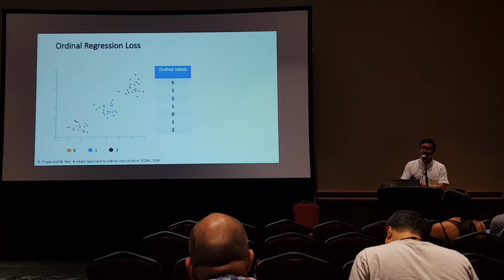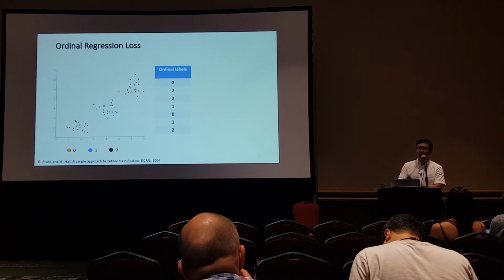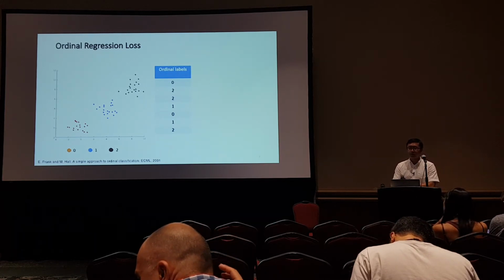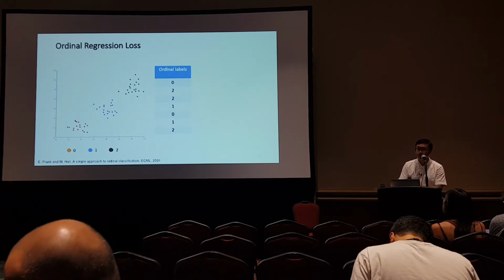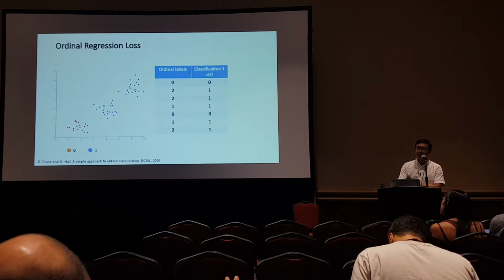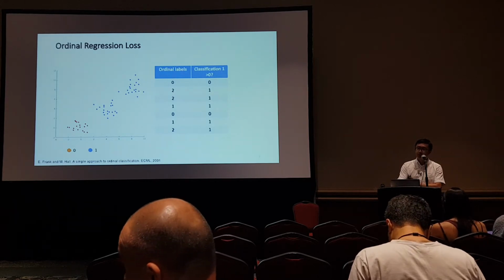To implement the ordinal regression loss, we take a very simple method. We transform the ordinal regression loss into a series of binary classification problems. Suppose here we have 3 ordinal levels, from 0 to 2. Firstly, we construct the first classification problem where the labels are determined by whether the ordinal level is larger than